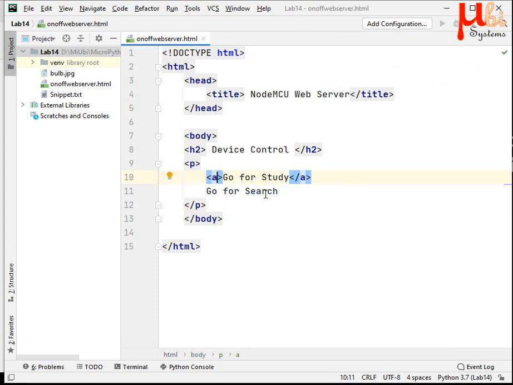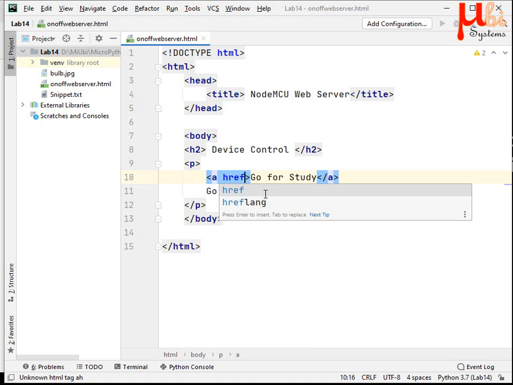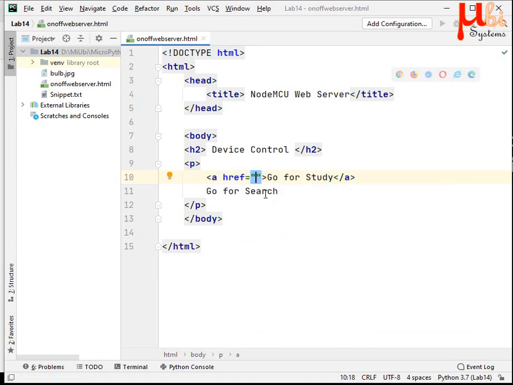So inside this we would mention the hyperlink reference, href, being, it should be in double quotes. This https must ensure www.udemy.com. This is like go for study. And go for search,